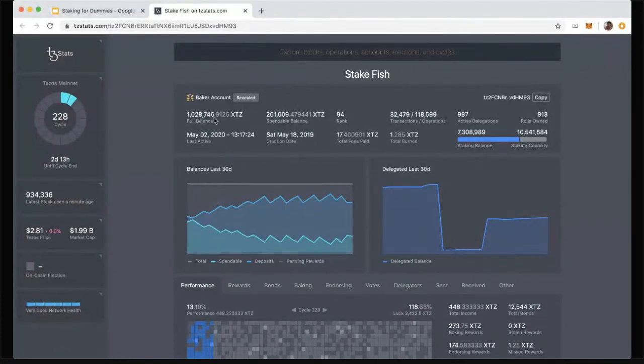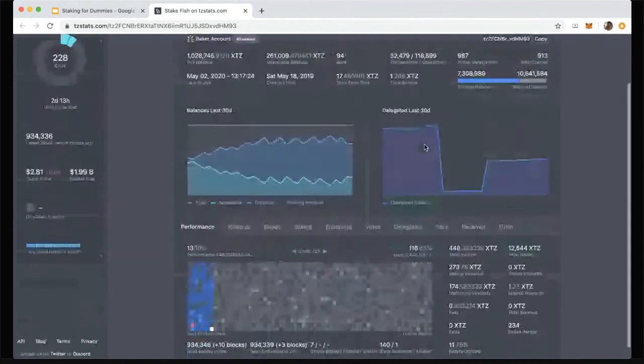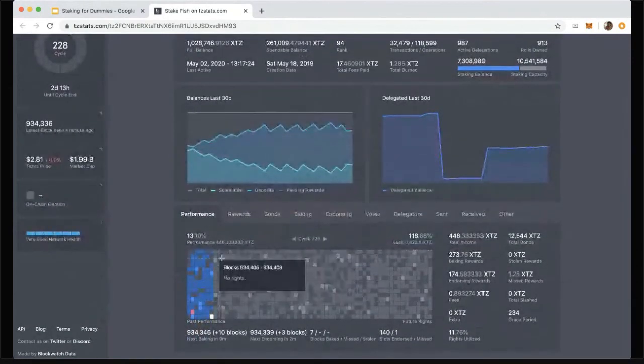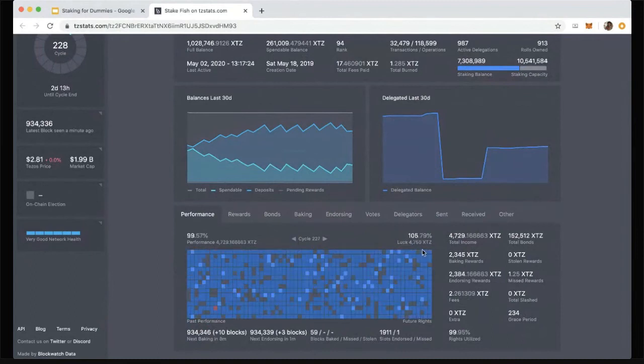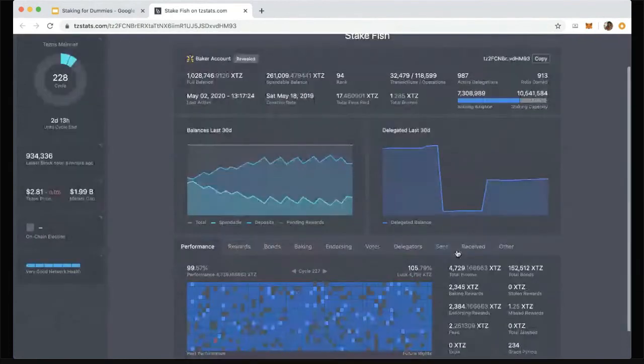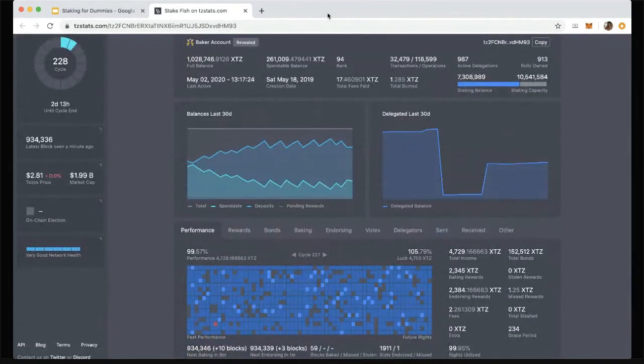You could see how much balance they have, how much people have staked with us. You could also see how well we've performed. As an example here, you could see, oh, we've baked 106% more than we're meant to, and you could see how many staking rewards we've received in cycle 227. I really recommend playing around with this tool to better understand how the performance of a validator